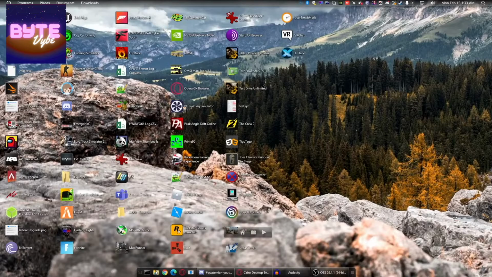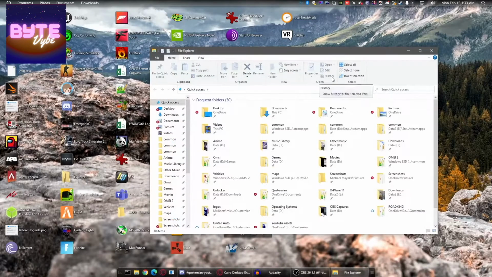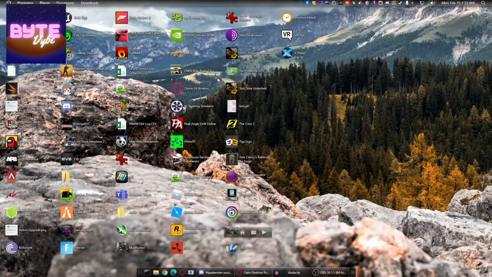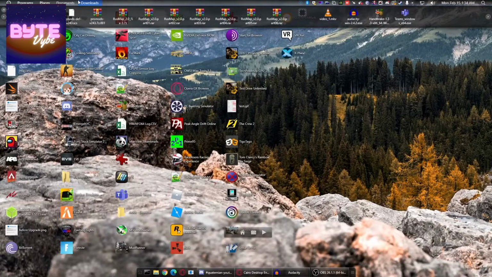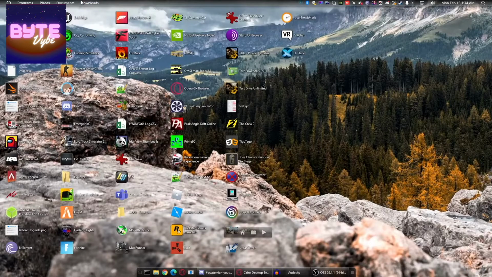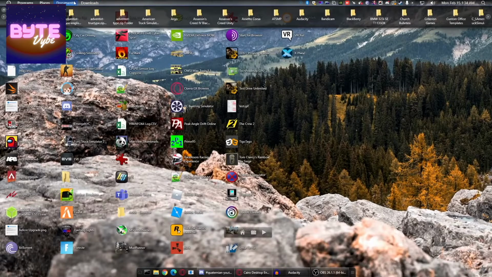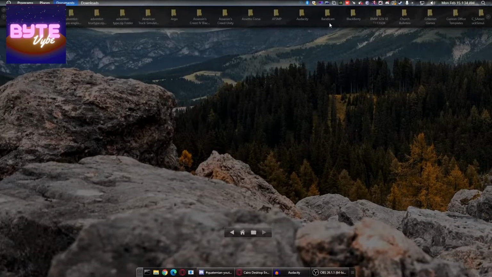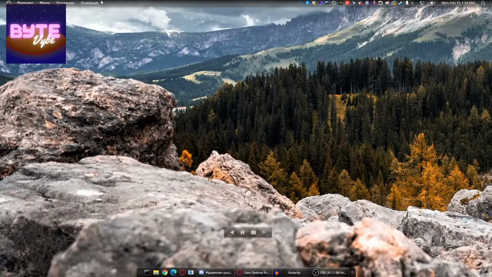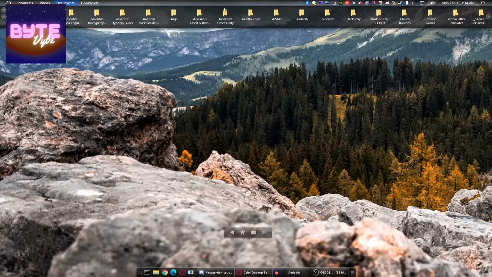This is still using the standard Windows File Explorer, but it offers this alternative, which is rather confusing, because if we go to here to something like downloads, or actually we'll go to documents and we'll click on a random folder, it will take us into that folder. Let's actually click on a folder that's got something in it,